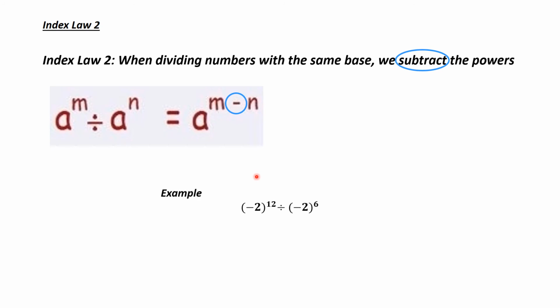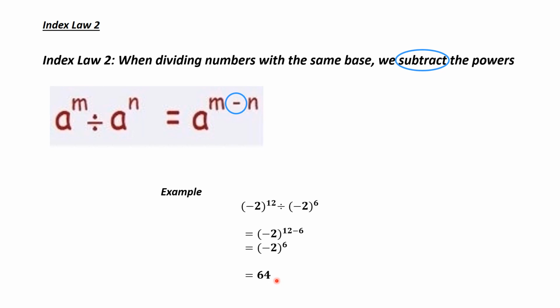So here's my example. -2 to the power of 12 divided by -2 to the power of 6. Same base, so we keep that base the same. And we now do 12 take away 6, which we've got here. We know that 12 take away 6 is 6. And then if we work out what is the basic numeral of -2 to the power of 6, we get